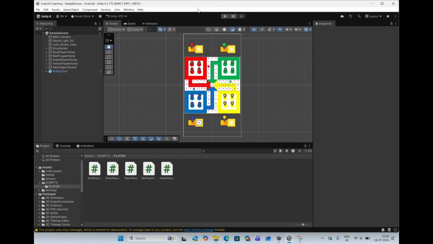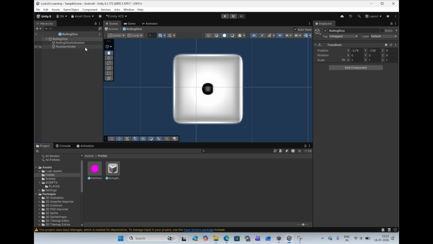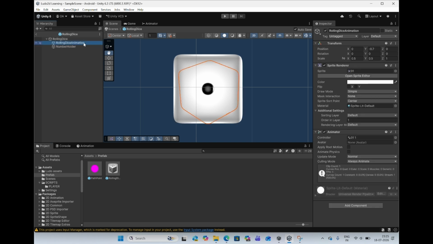Today, first we will assign all our rolling dice to all our player pieces. To do that, we will drag and drop this dice into the blue player home, and go to our prefab folder. Let's change this in the prefab folder also. Open the prefab folder, select the rolling dice animation, uncheck it from here, and save it,